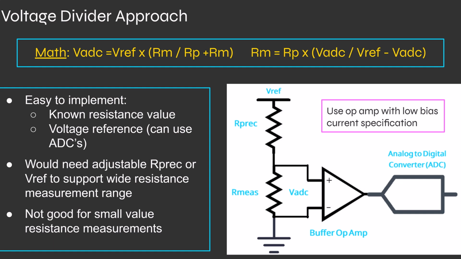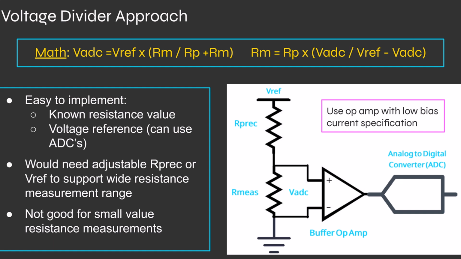Now, some of the downsides to this approach are it's not great for measuring low resistances. If we're measuring high resistances, kiloohms or megaohms, this is great. Why? Because any voltage drop between the connections of the resistors or traces on a PCB or anything like that has very little effect on the measurement. But if we're measuring a low resistance value like 500 milliohms or 1 ohm or 5 ohms